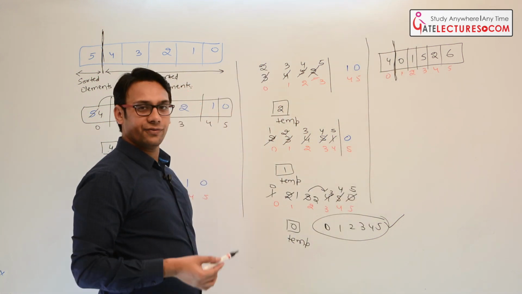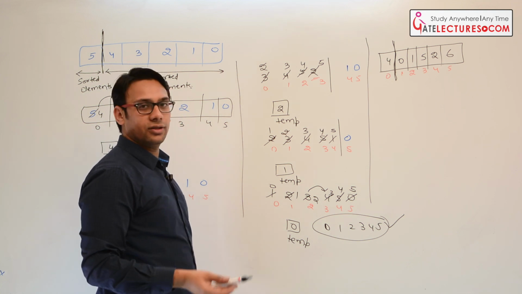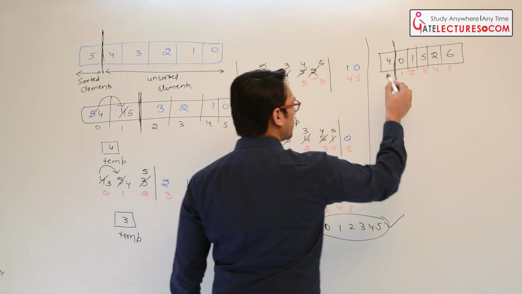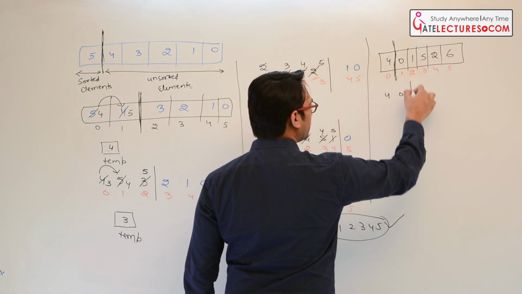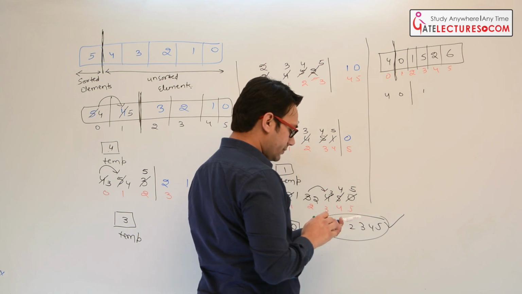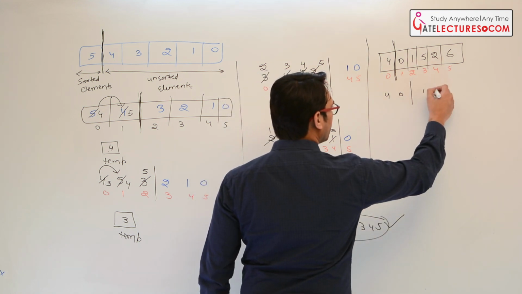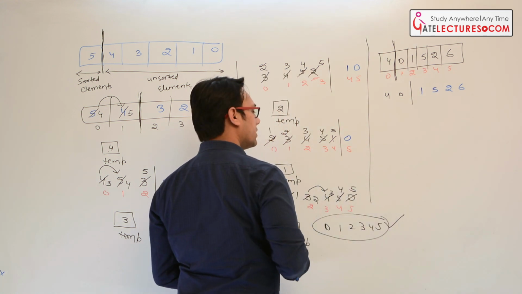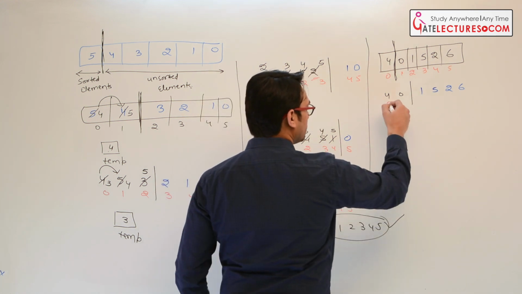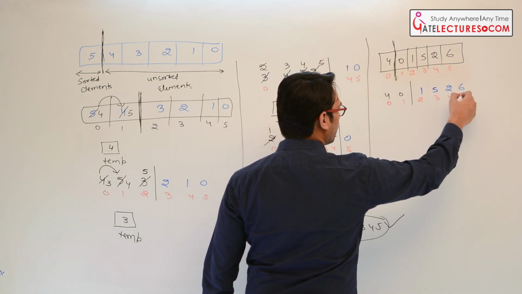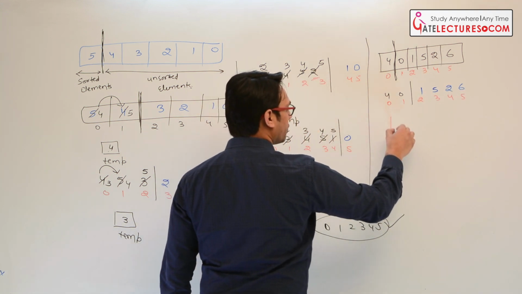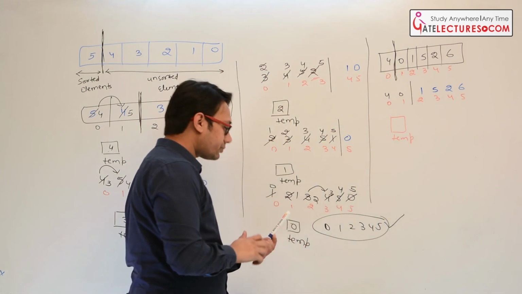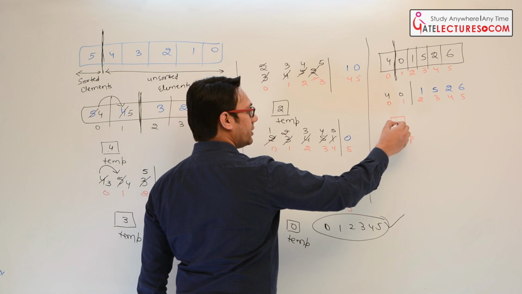Initially we are going to assume that one data item is already sorted. So next time we are going to shift the window and then we are going to identify the correct position where we have to put that item. Okay. So if we shift the window, then 4 and 0 will come here, and then next elements will be 1, 5, 2 and 6, and index locations are 0, 1, 2, 3, 4 and 5. So initially you have to copy this 0 into a temporary variable.